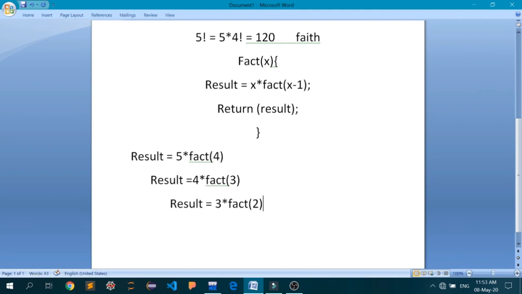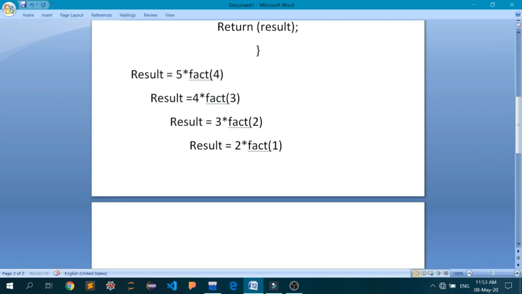Now again the compiler will call this fact 2, and result will be equal to, this time my value of x is 2 multiplied by fact 1, and this will go on. Now in the next call the value of x is 1, so 1 multiplied by fact of 1 minus 1, which is 0.